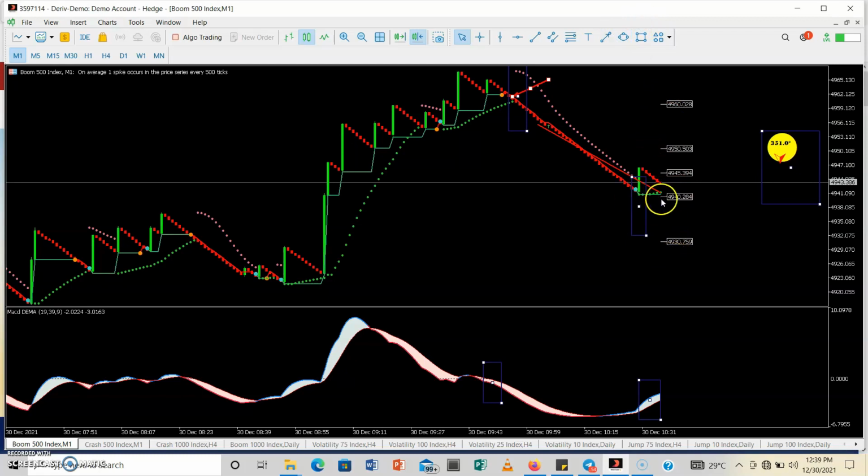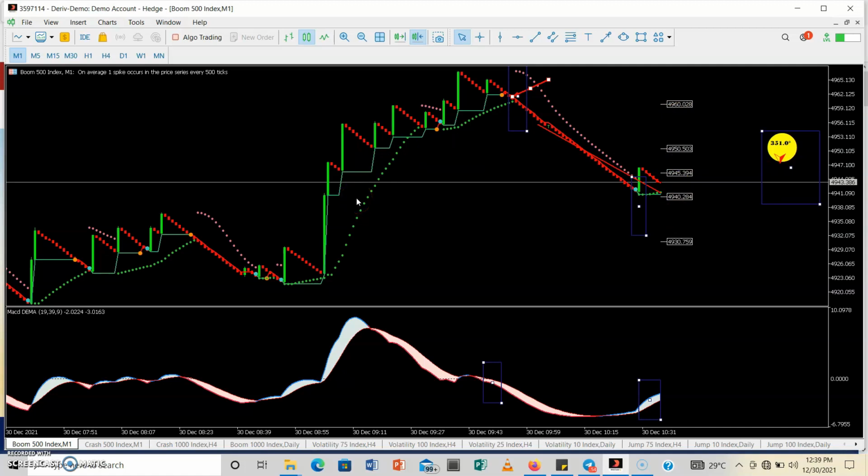These are take profit levels. So you can see the first take profit level was hit, the second one was hit, the third one was hit, the fourth one was hit, and then this last one is the only take profit level which was not hit. So it means there is no way that you're not going to be in profit if you're using this indicator. Okay,